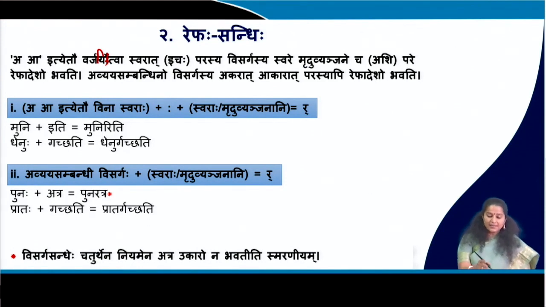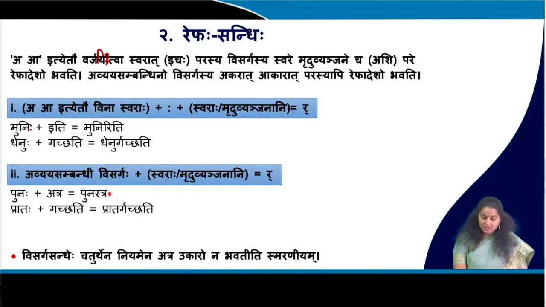अ आ इत्येतौ वर्जयित्वा स्वरात् इचः परस्य विसर्गस्य स्वरे मृदुव्यञ्जने च अशि परे रेफादेशो भवति। अव्ययसम्बन्धिनो विसर्गस्य अकारात् आकारात् परस्यापि रेफादेशो भवति। कः नियमः अस्ति तत्र? So without a and aa, all the other swaras plus the visarga, and the swaras and mriduvyanjanani will become a rakara. यथा मुनिः प्लस इति, so without the a and aa, मुनिः प्लस इति will become मुनिरिति। उत्तमं। धनुः प्लस गच्छति धनुर्गच्छति।